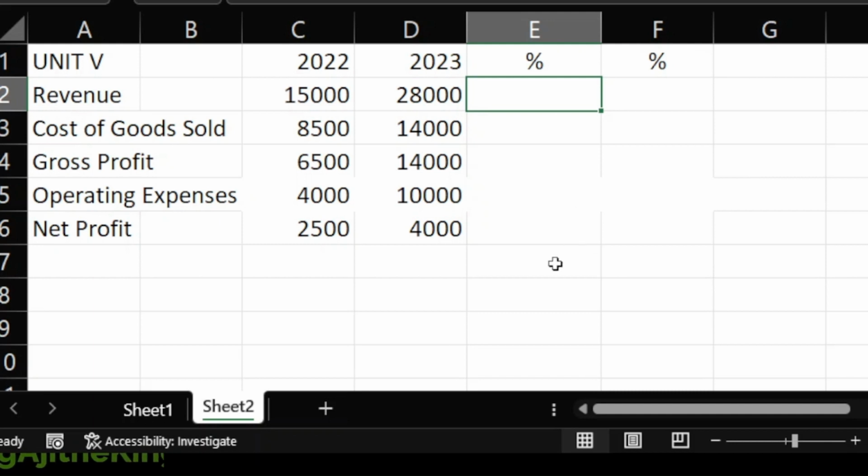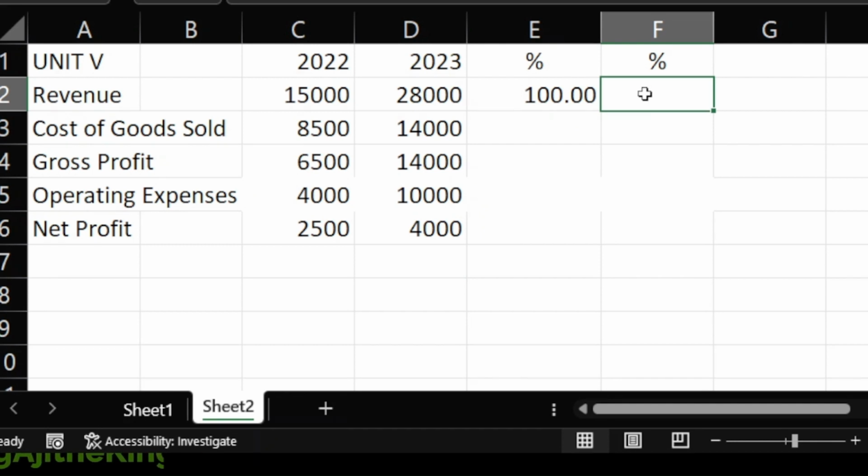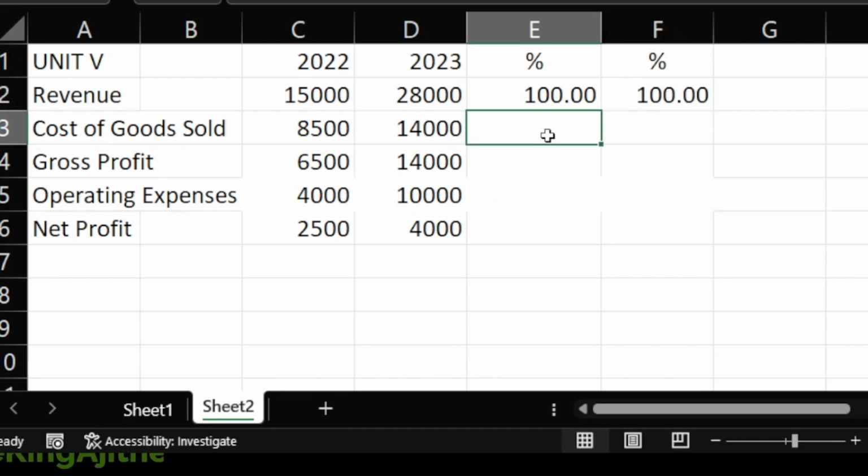In case of balance sheet, we make total assets value equivalent to 100. But in this case, we will make revenues into 100. Total revenue is 100. Now, what would be the formula? So, it is equal to this one